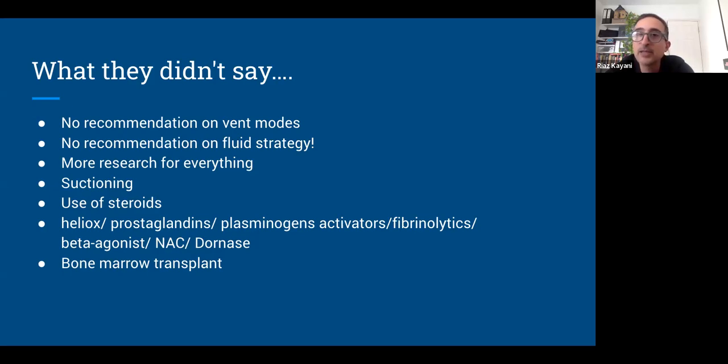And we like to make sure that they have, as you've seen already, inline suction. Essentially what it means is that you don't disconnect the children too often from the ventilator. There's a whole variety of reasons why that's important, to do with recruitment and also secretion management and the amount of sedation you have to use and all that sort of stuff. But there's no consensus about the right thing to do.